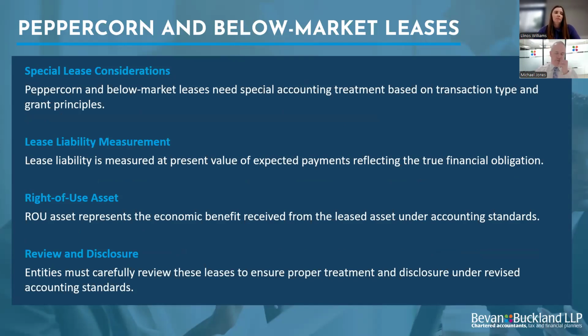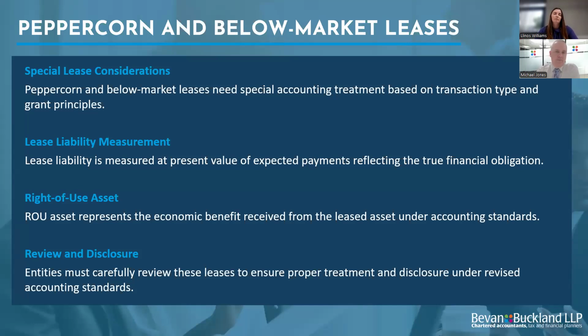As I said, waiting on the actual SORP itself, but I know generally there's a special accounting treatment for below market rent leases. It'll typically involve some potential grant income being recognised, albeit it'll be an increase in cost and an extra income line recognised. But it's worth reviewing where you've got these in place just to make sure you actually get the accounting right. Lots of the standard, the way it's noted, is everything should be almost grossed up in the accounts rather than actually what the cash payment would be.